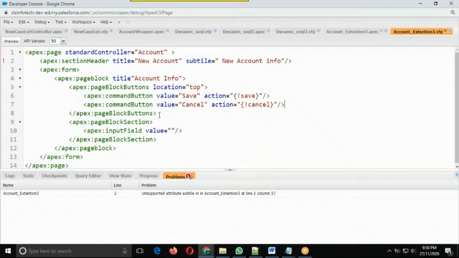Page block section command button. Then put the input value. So you are referring the account dot name. Name. Account dot name. Then put the 2-3 fields.